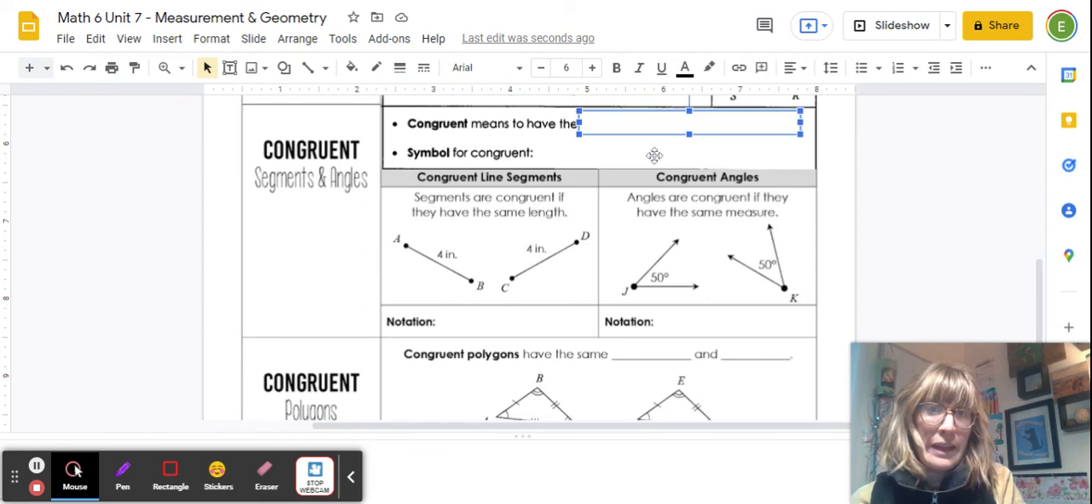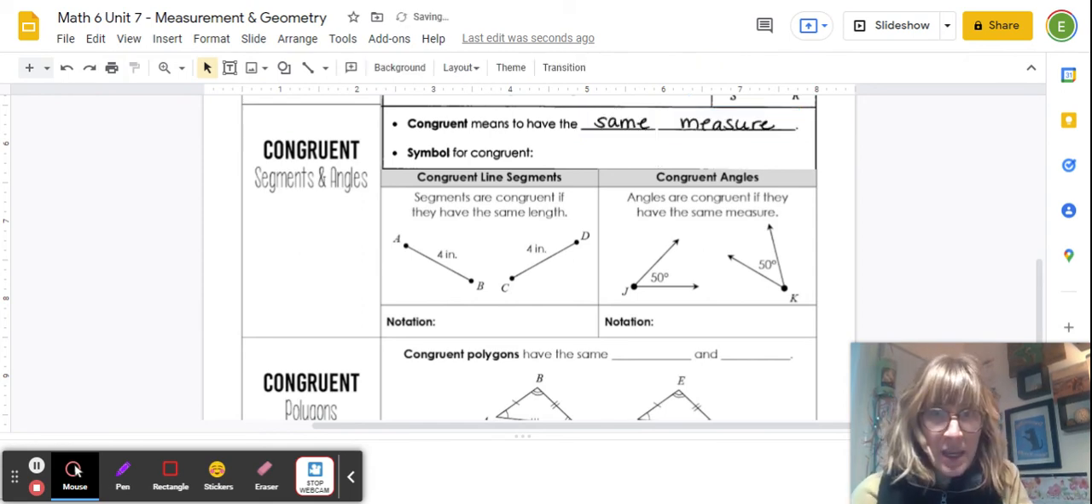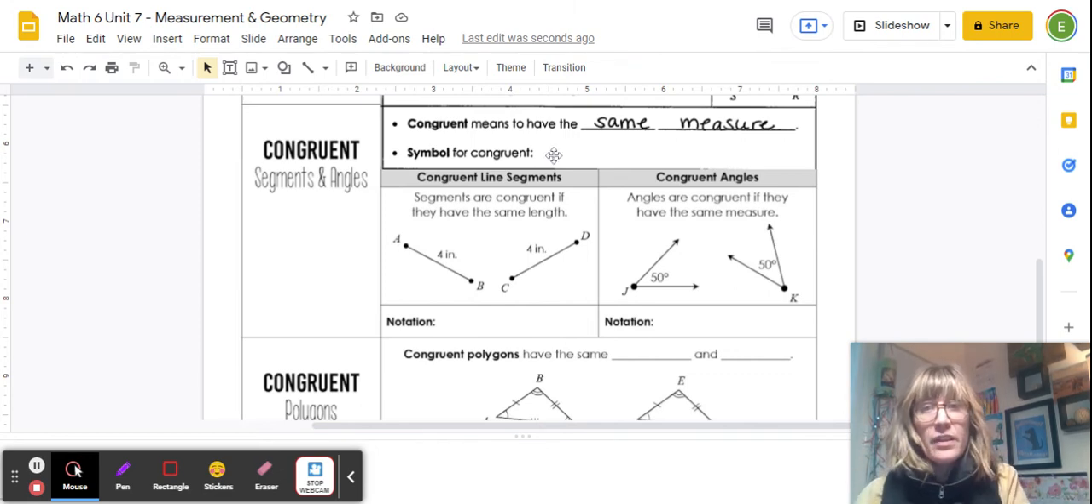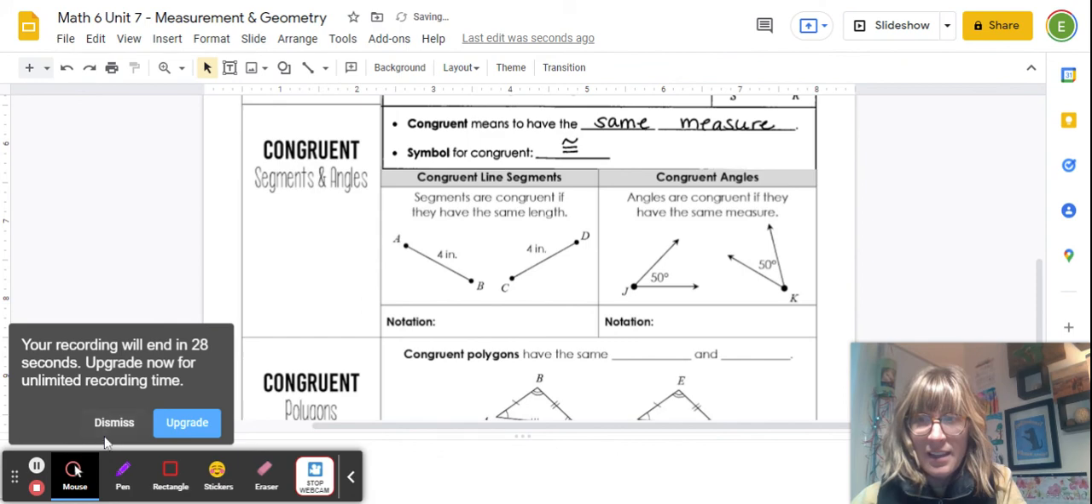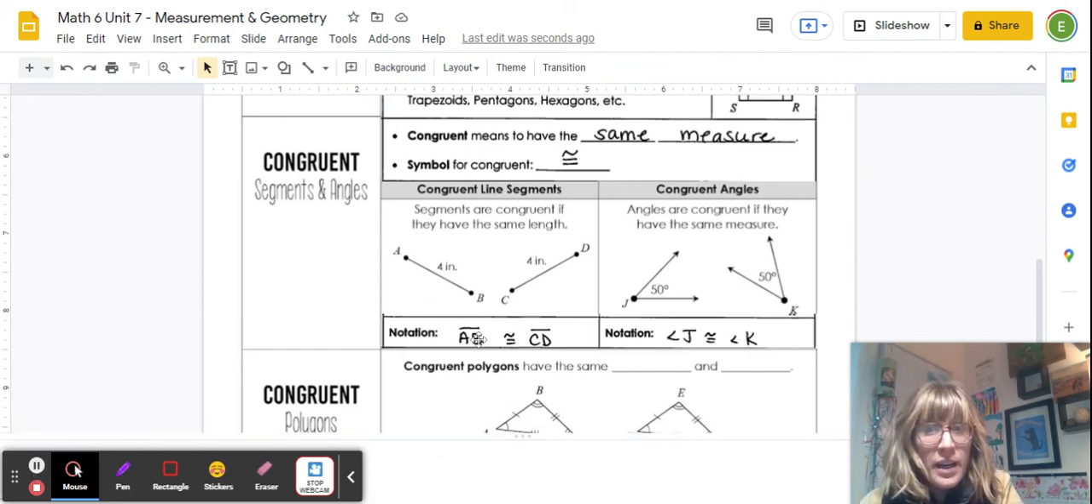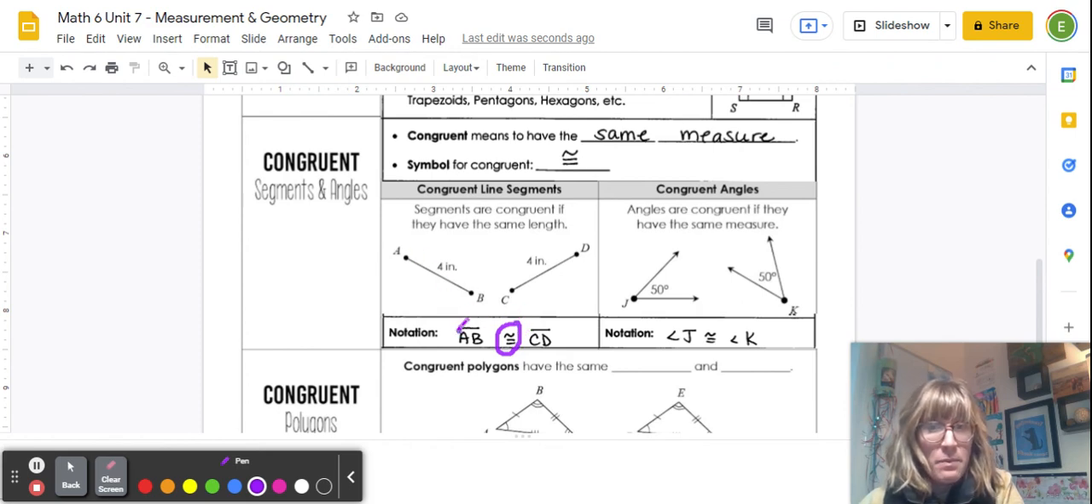So congruent is just a fancy math word for the same. So to be congruent means you have the same measure. The symbol that we use for congruent looks like this. So what you'll notice is that segments can be congruent, angles can be congruent, and you want to make sure that you are noting this with the congruent symbol, comparing segment AB here. We know it's a segment because it has that little line over the top, and we know this is an angle here because we note it with that symbol for angle. Noting 50 degrees is the same or congruent to